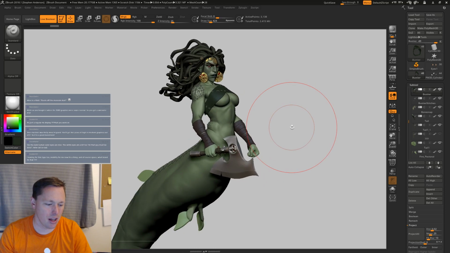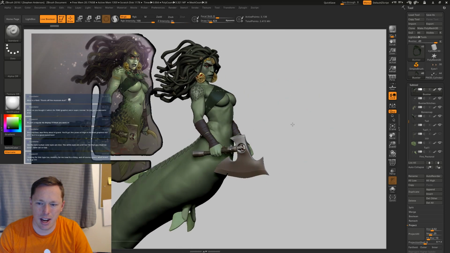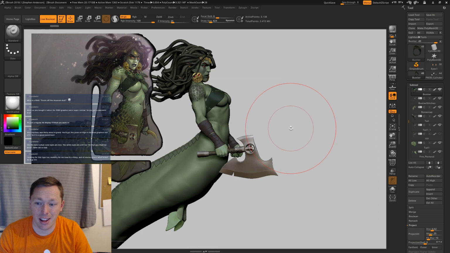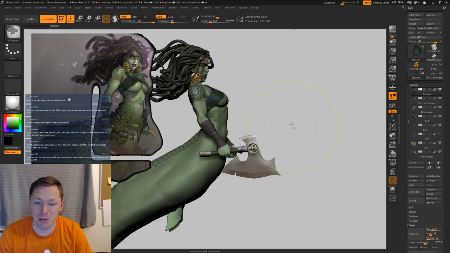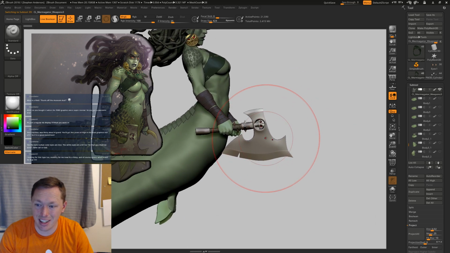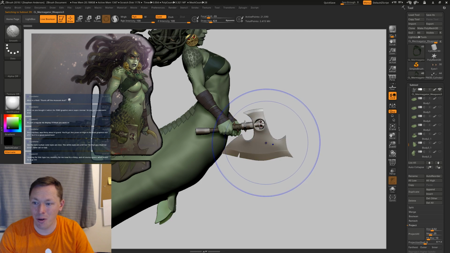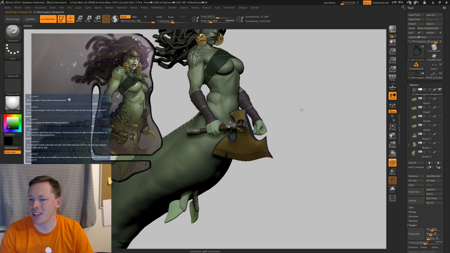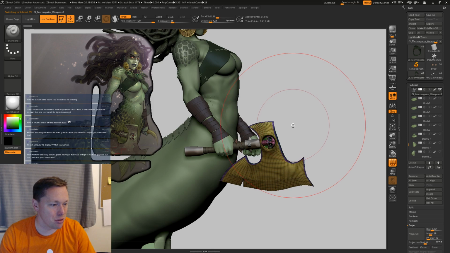Okay, so now that we have this, that axe handle, you see how short that axe handle is? Ooh, that needs to be lengthened out a ton. Wow. That'll be something that I'll have to